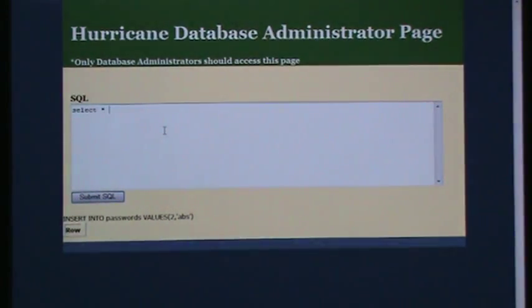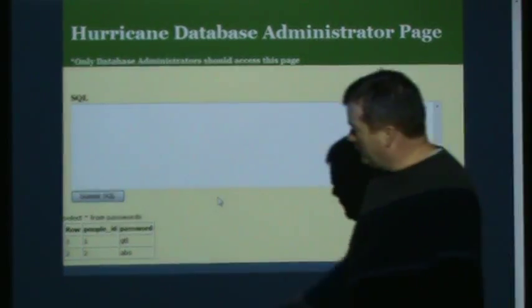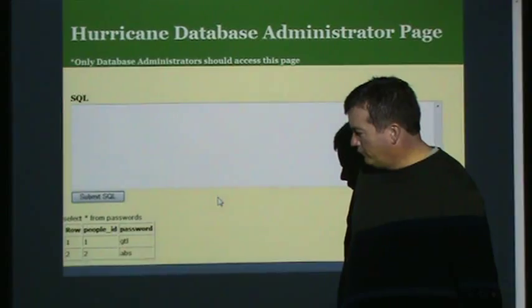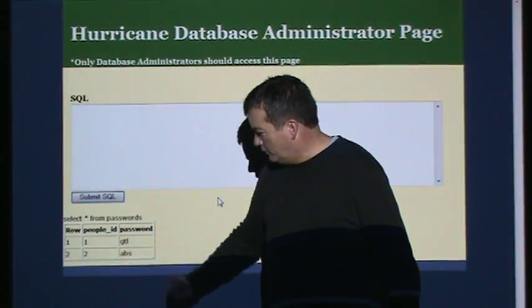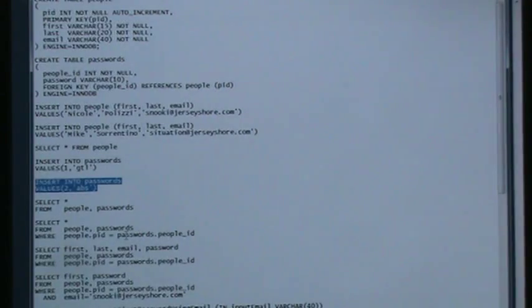Select all the fields from passwords. And our password table looks like this. Person ID number 1 has the password GTL. Person ID number 2 has the password abs. But we can't tell who these people are just by looking at this table. But what we can do is